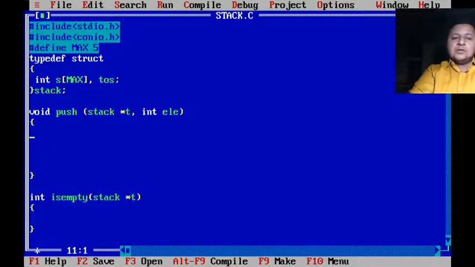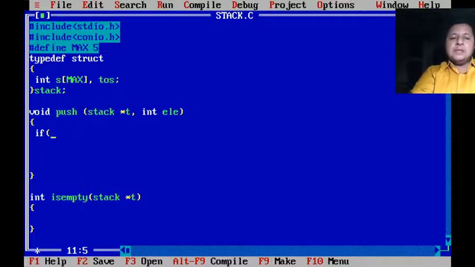So now let us start with the logic which we already saw in the previous lecture of ADT of stack. If I want to do push, I have to check for stack full. So let us start with if my toss is equal to MAX. Now there will be certain changes as compared to ADT and program, because in ADT we assumed that the array starts with 1, my toss is at 0 and it goes up to MAX.